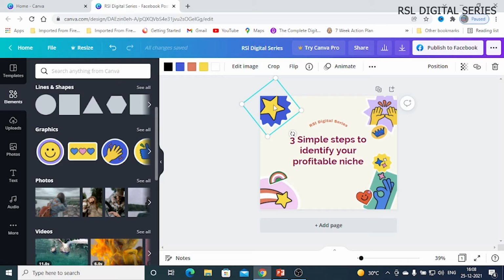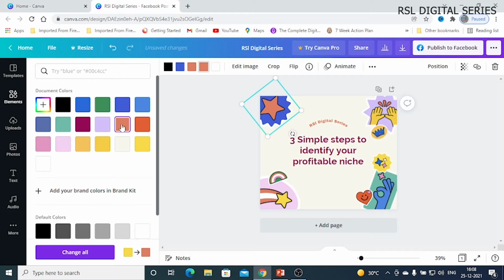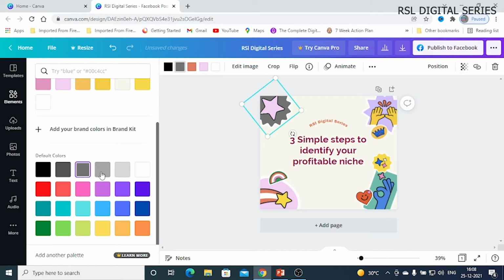If you want to change the color of this star, say for example I want to change this to some other color, then you click this color and apply it. See, if you just pick the color, then it will get applied to the star. Whichever color you like you can apply it. In a similar way, this blue color, outside color also we can change. Just click this blue color and replace it with some other color you like, whichever color you want to add to your image. In this way you can change the images also.